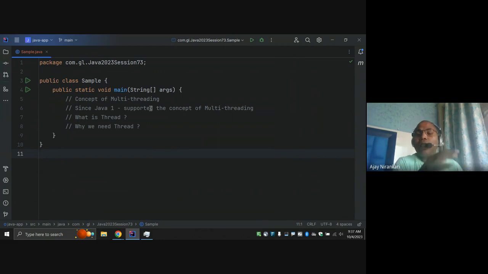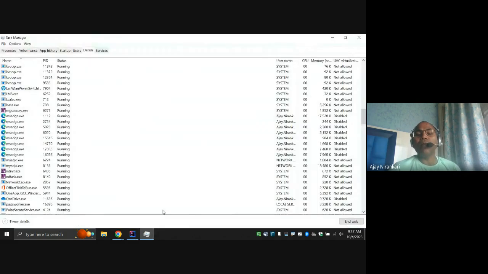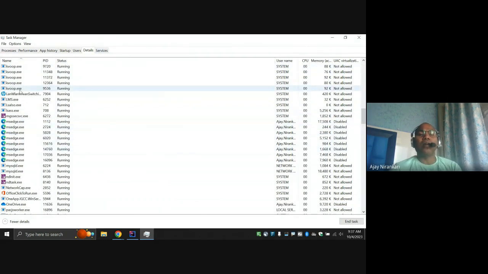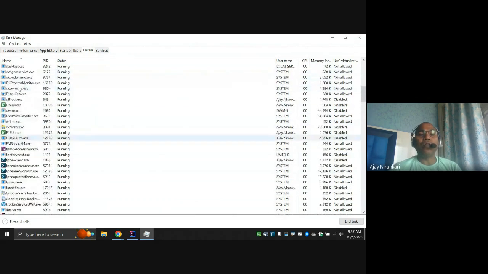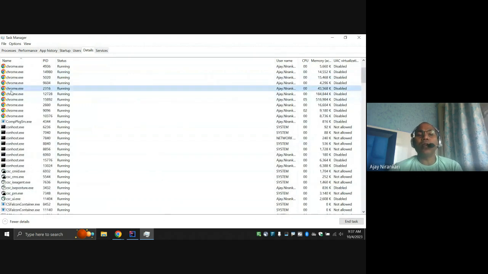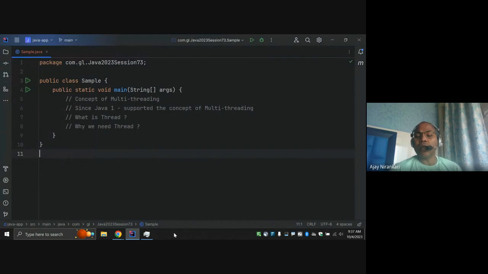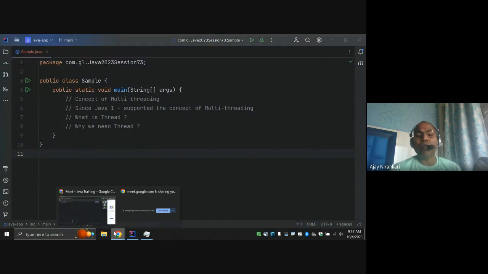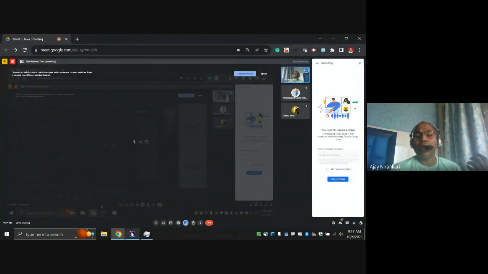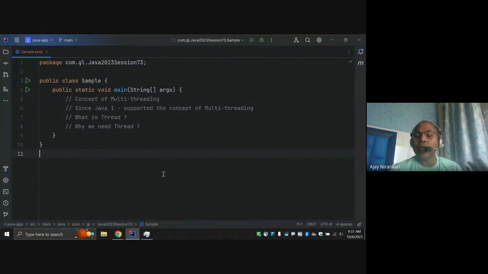All of these things, with respect to the operating system, are considered a process. Chrome is one process, IntelliJ is another process, and lots of services are running.